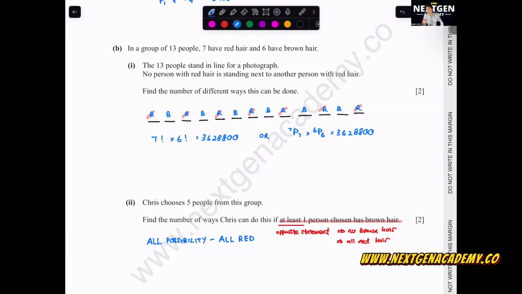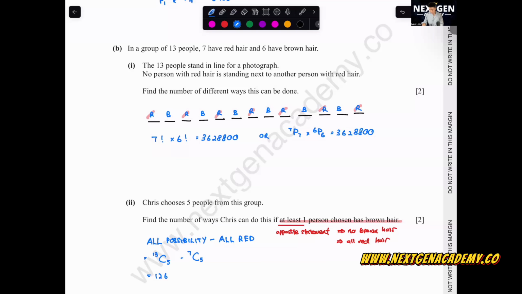Also, is this a permutation or combination question? He chose the people from the group. Does it matter how he arranged the person? No, right? As long as the person is inside the group. You have to be careful with this type of question, because it's not that if one question is permutation then all are permutation, or if combination then all combination. It also doesn't mean that if it's people then it's always combination. So we need to analyze the question, and always start by asking, does order matter? This one, order doesn't matter, as long as you choose them inside the group. So we can use 13C5 minus 7C5,